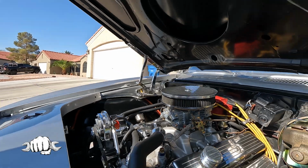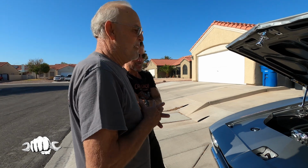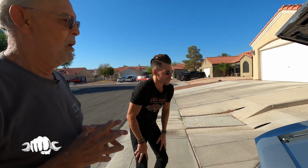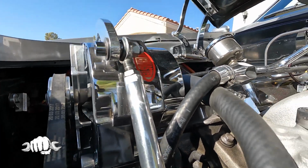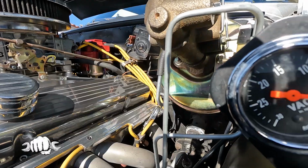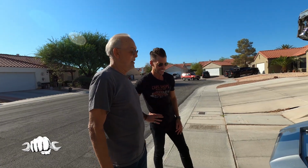I didn't go with the carburetor that they suggested because I'm a fan of the Holley, so I ran the Holley on there. And then the transmission, I converted that over to a 350 Hydromatic. It's got a shift kit and a lock-in, lock-out torque converter. So when I'm driving around town, I just leave the torque converter open, so it just pulls all the time, nice and smooth. But when you're on the freeway, I flick that on, and the thing's a beast